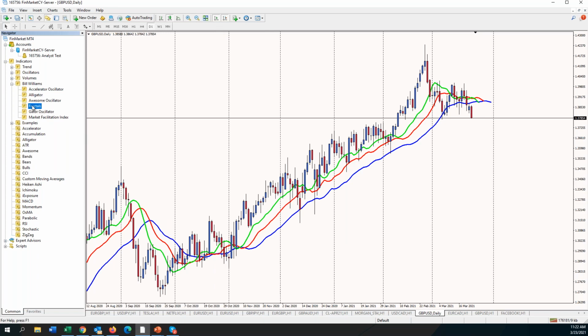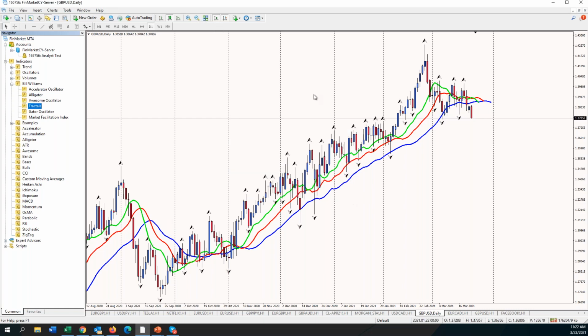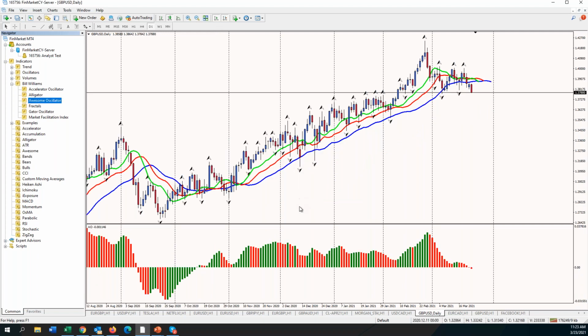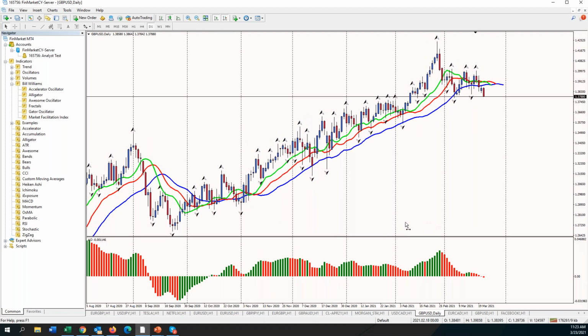Let's go to the fractals. Fractals are easier. You drag them again. You can change the color here. You don't need to do anything. Press OK. There you go, you have your fractals. And the awesome oscillator, which I'm going to show you now. Again, don't do anything. Just change your lines if you want here to be thicker, and there you have it. Now, the awesome oscillator is basically an oscillator that's,